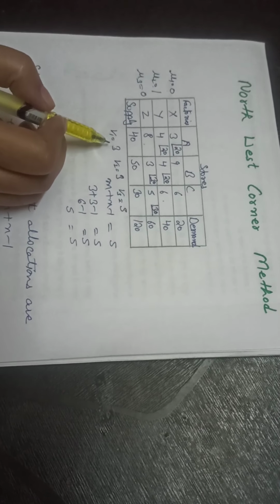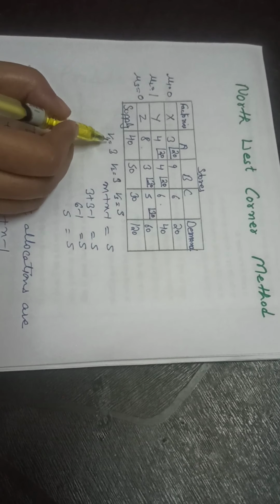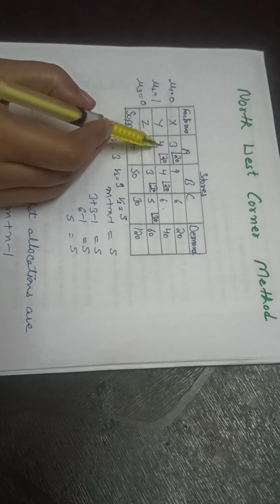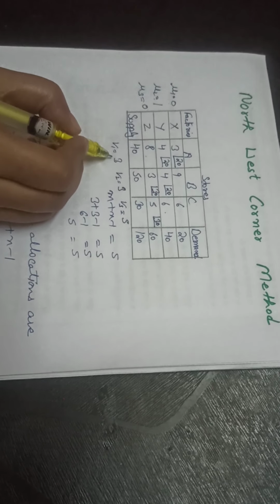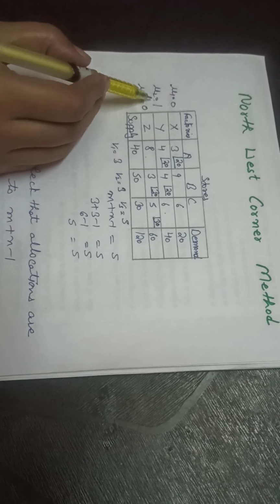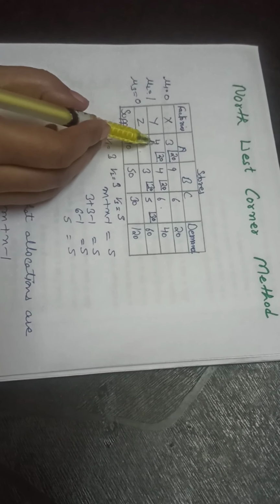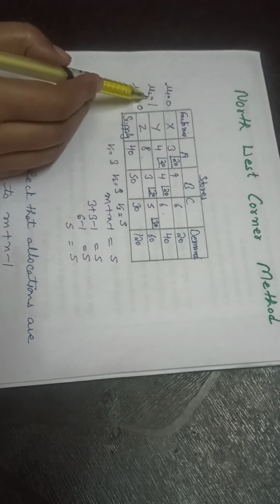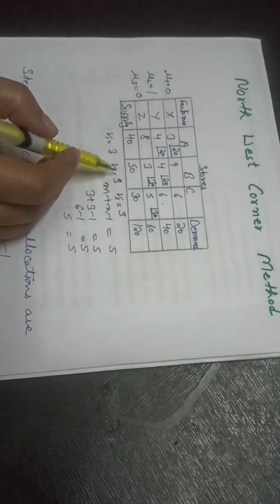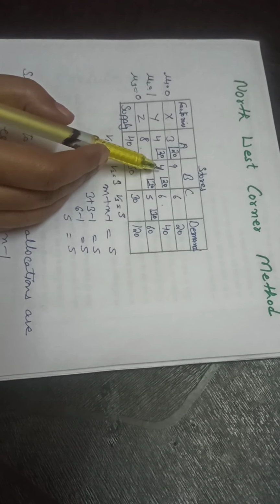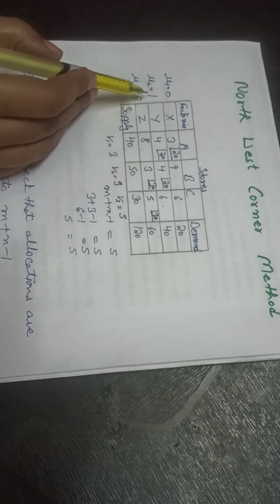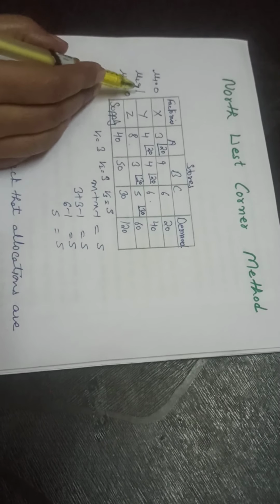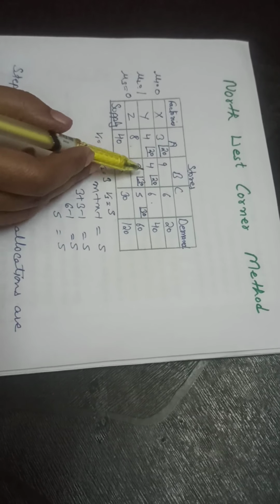Now we will calculate the u2 value by using this v1 value. u2 plus v1 is equal to this cell, and this cell has 4. v1 is equal to 3, so we can say here we will write 1. 1 plus 3 is equal to 4. Now we will calculate the v2 value by using this u2 value. u2 plus v2 is equal to this cell, and this cell has 4, meaning 1 plus v2 is equal to 4. So v2 will be 3. 1 plus 3 is equal to 4.